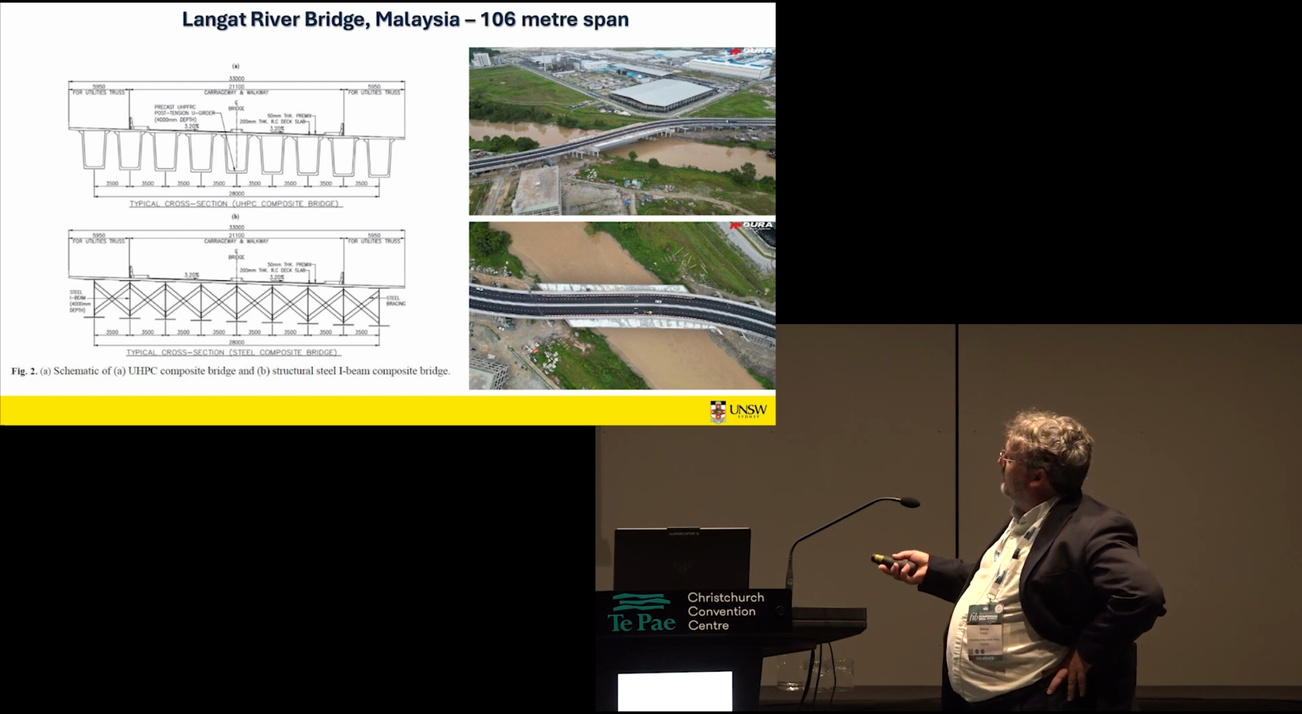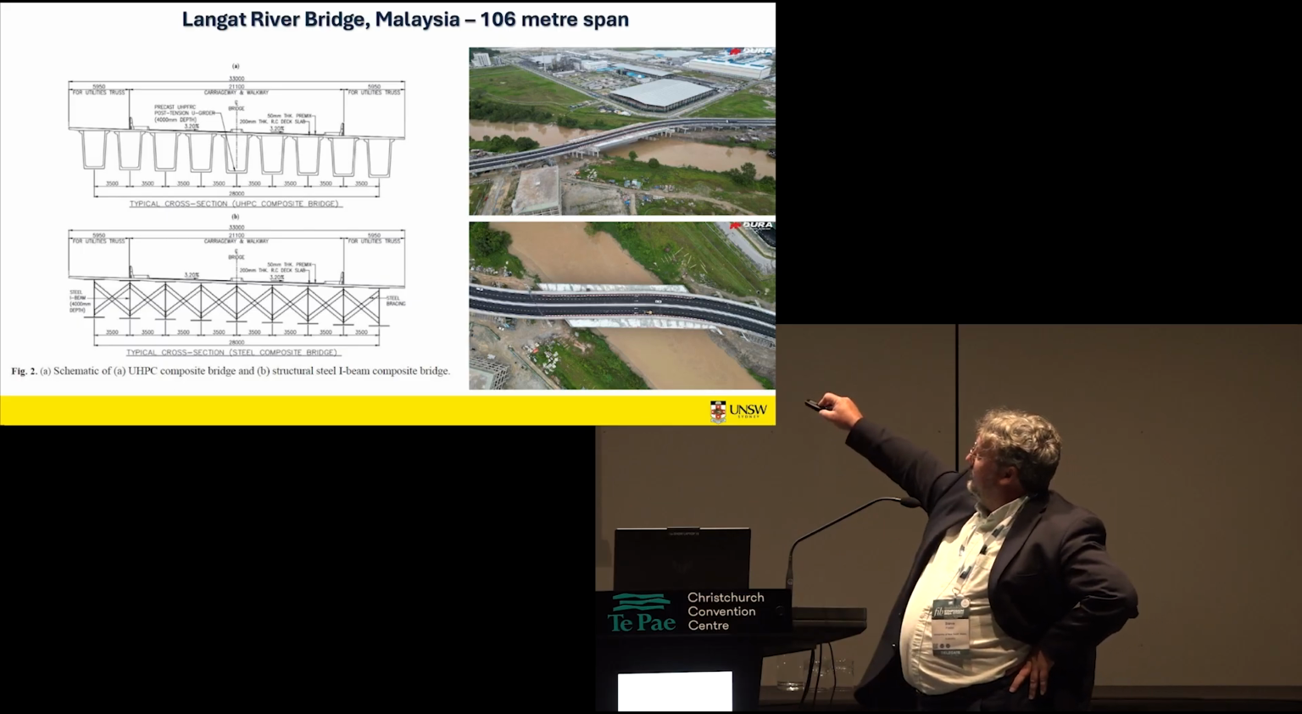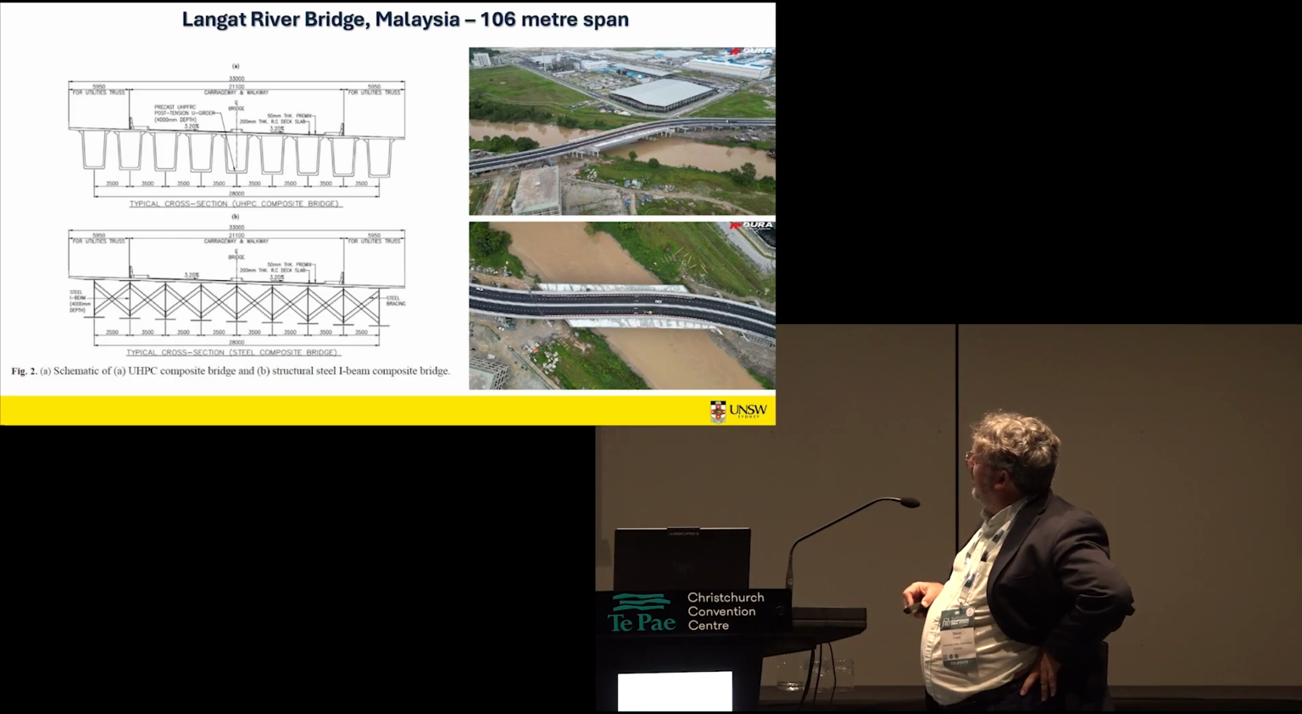But this was the replacement bridge. This was the conforming design. It was a steel I-girder bridge, and this was the alternative design with the ultra-high performance bridge. As I said, this is the longest span of a segmental precast